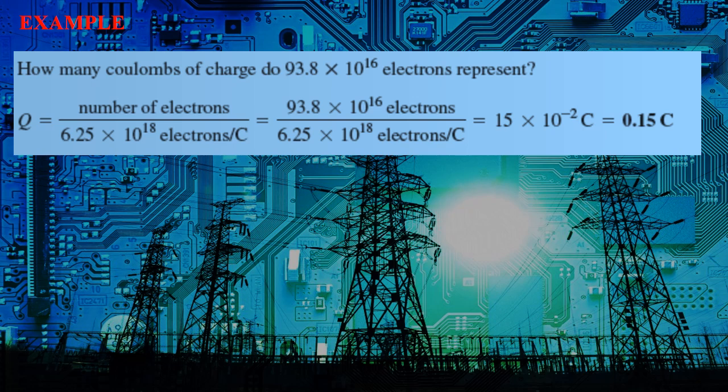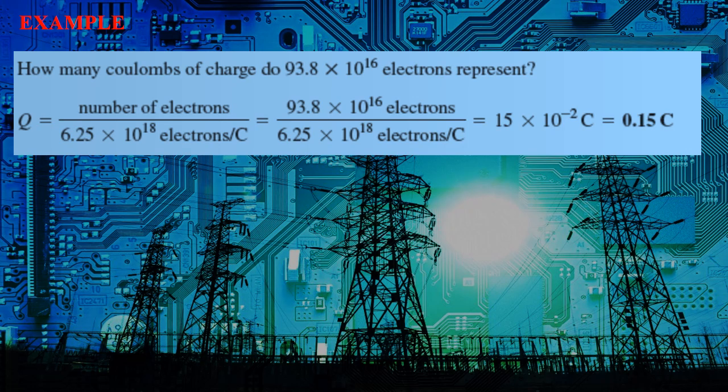In one coulomb of charge, there are 6.25 times 10 raised to 18 electrons. So how many coulombs of charge are present in 93.8 times 10 raised to 16 electrons? When you do the division, we end up with